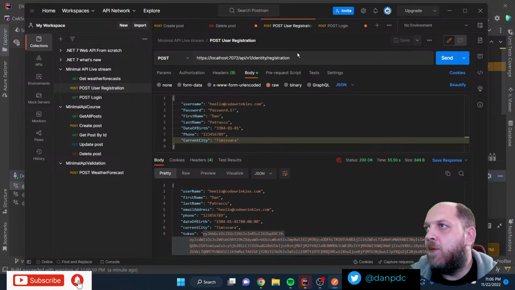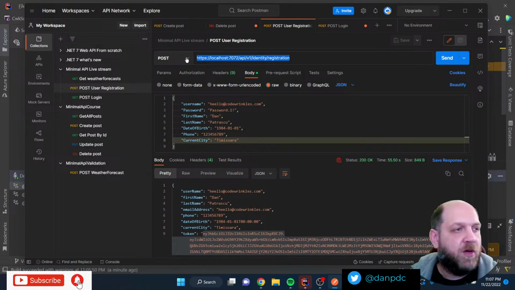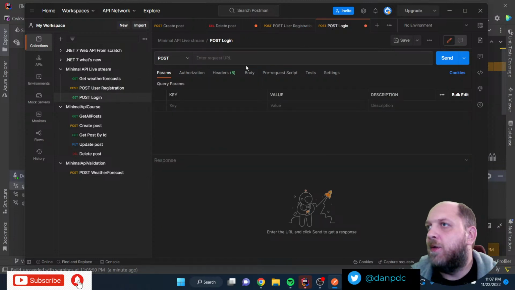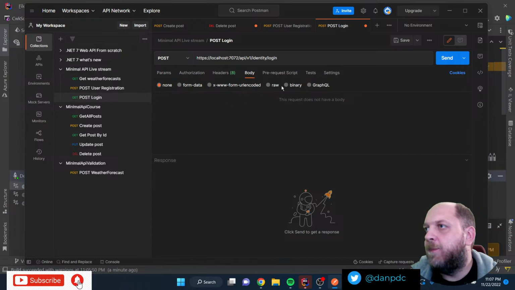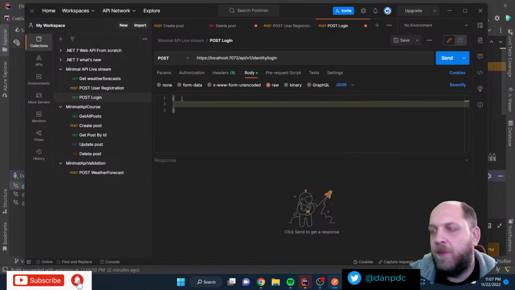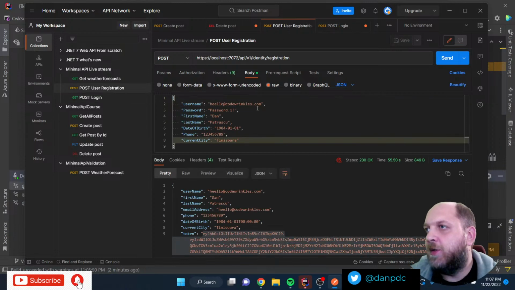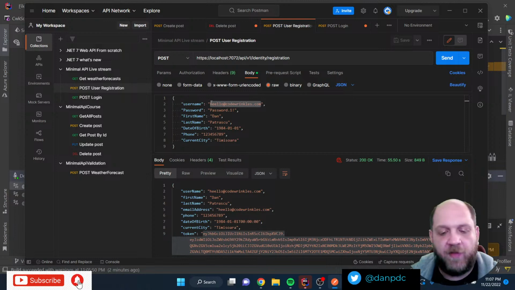Cool. And now I guess I can take the URL from here. I can go to the login part and just create it. And here, post, but not registration, but instead we have login here, and then we have also body, and in the body we have raw and JSON. Cool. So we should be good to go with this. Then we have a property which is the user name, and then I guess we can just take it from here to just be sure that we have everything exactly the same, even if I have a typo.